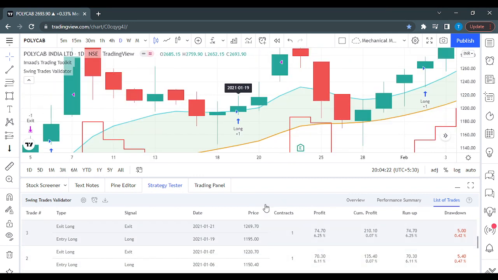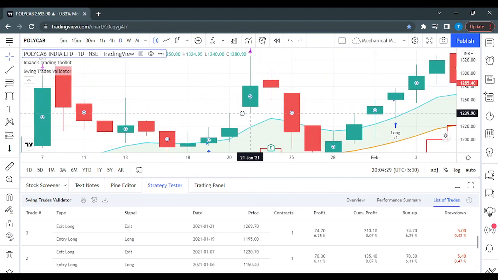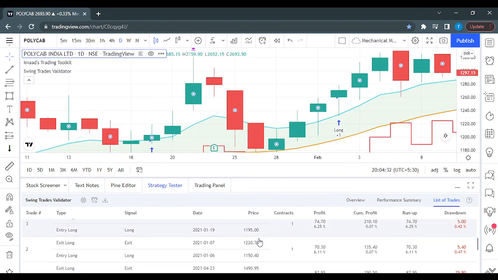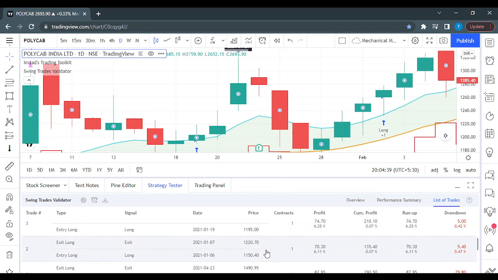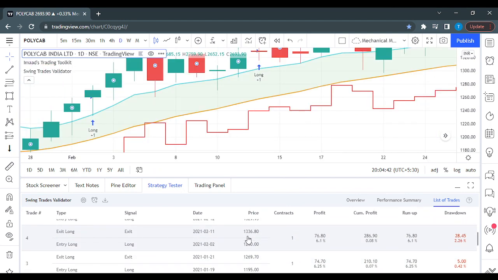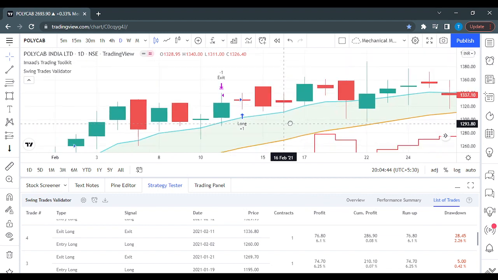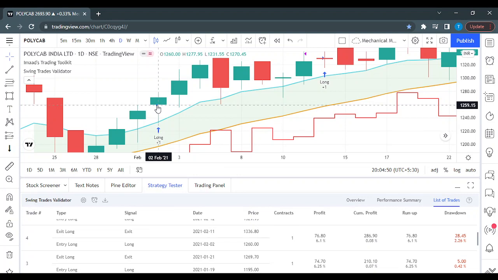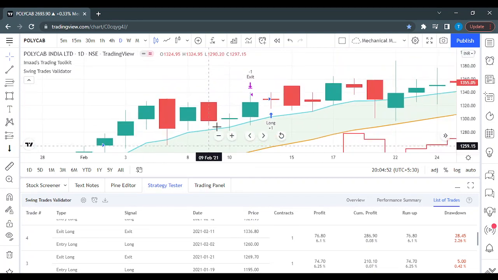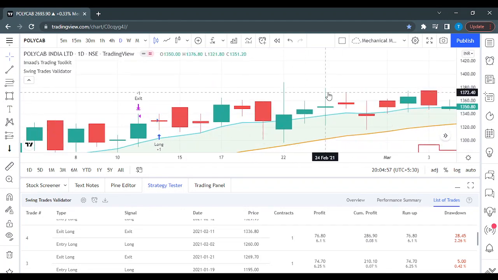Now let's see another trade. I would have seen this pullback failure, the close above, and the entry here, right? And I would have taken this profit. Now let's see some more trades. Okay, here one more. This one particular trade, I would have entered at this point and taken an exit here, entered here and taken an exit